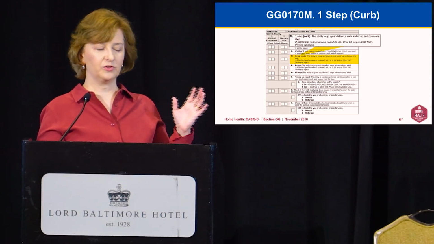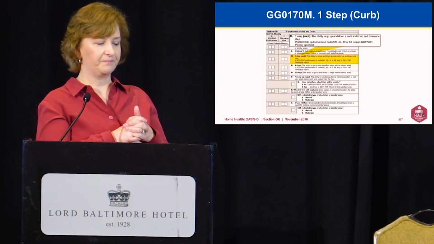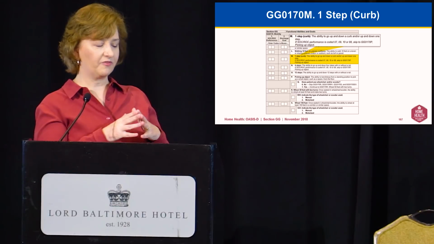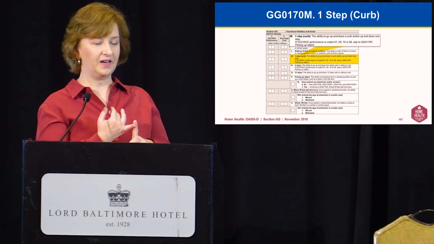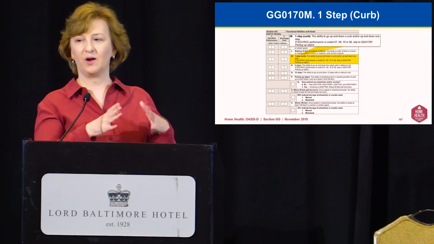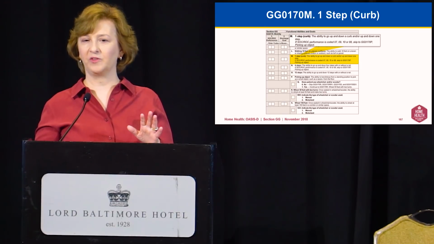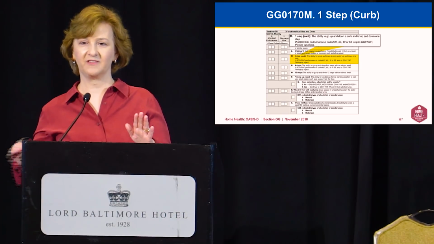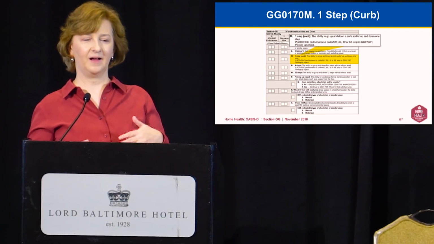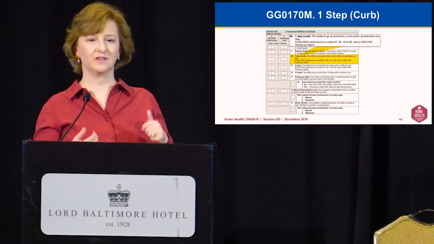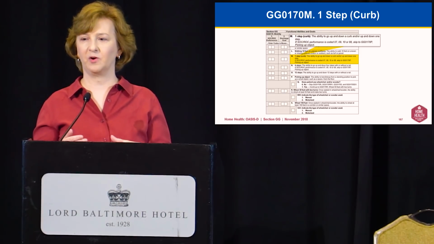So in order to reduce burden, if on the performance it is coded 07, 09, 10, or 88, so the person cannot go up and down one step, we expect that the person will not be able to go up and down 4 steps or 12 steps, so you actually get to skip out of those. So if you're assessing somebody on stairs and they can't do it, then you would skip over to the next